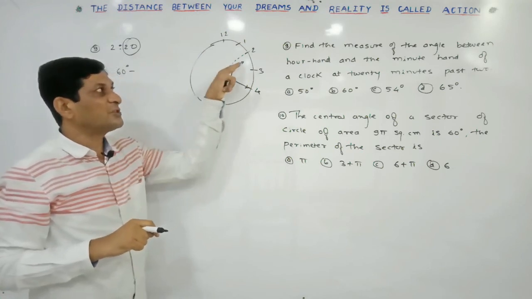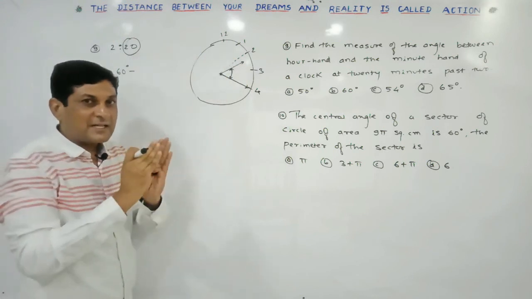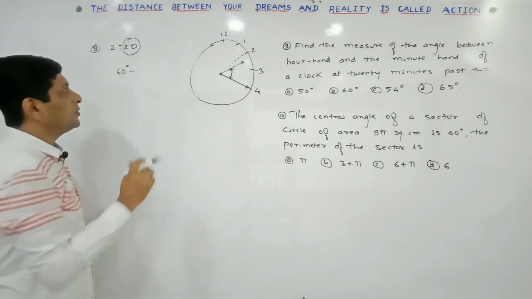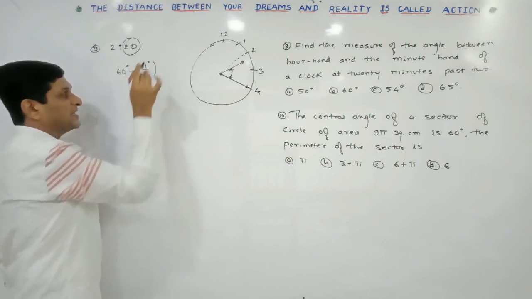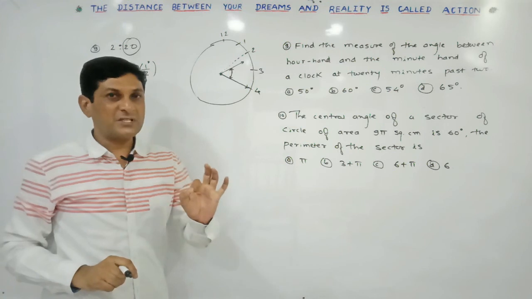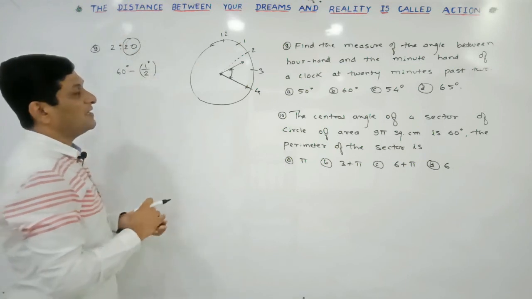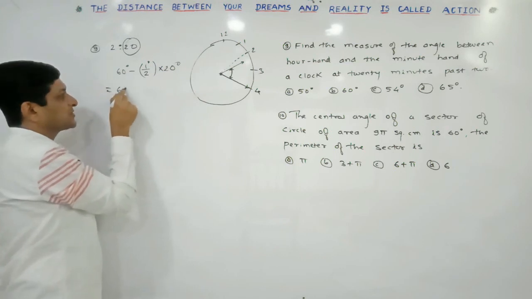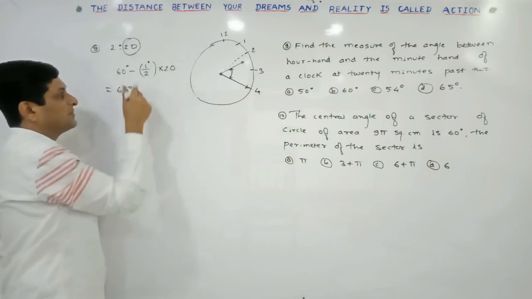From this 60 degree we are trying to subtract the angle crossed by our hour hand. In how much time? In 20 minutes. In 20 minutes our hour hand has moved a little ahead, and that angle crossed by our hour hand in 20 minutes, we are trying to find out here. So we know that the angle crossed by our hour hand in 1 minute is equal to half degree. This is one of the important results, already we have discussed it. Our hour hand crosses half degree in 1 minute. Then in 20 minutes the angle crossed by our hour hand will be equal to half into 20, which is equal to 10.